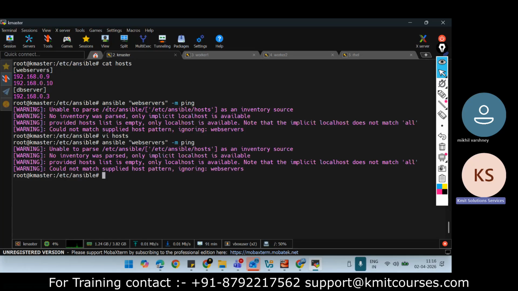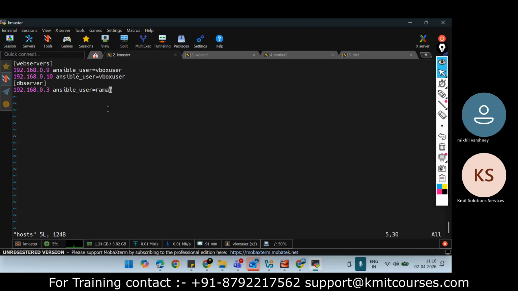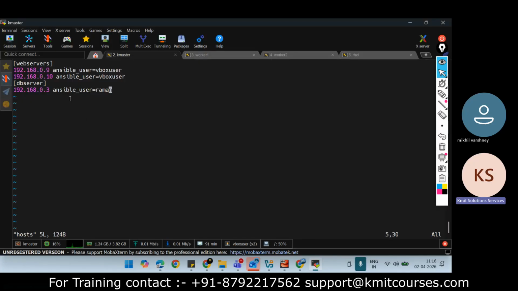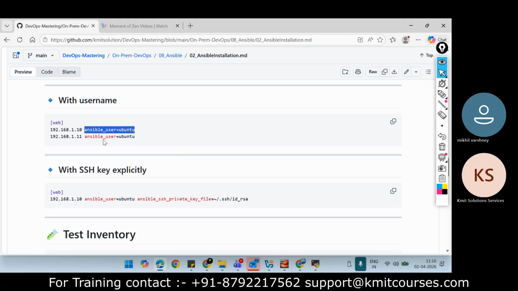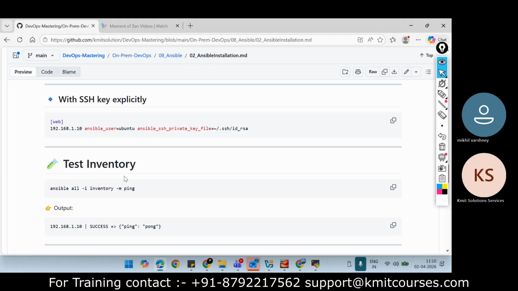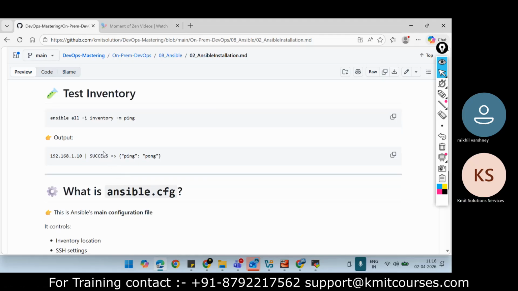So it says unable to parse the Ansible host. Okay, unable to parse something. Let me see web. Yeah, this is correct. This is correct. DB server.